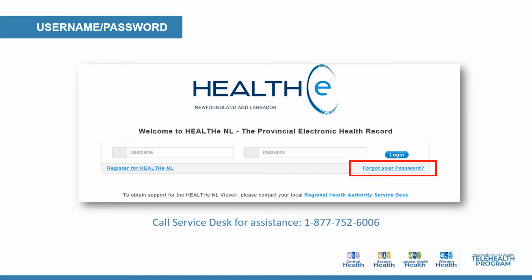Your username and password are the same for iScheduler and HealthyNL. You are able to reset your password on the main login screen of HealthyNL. Changing your password for HealthyNL will automatically change your password for iScheduler. If you require assistance with changing your password, you will need to contact the NLCHI service desk at this toll-free